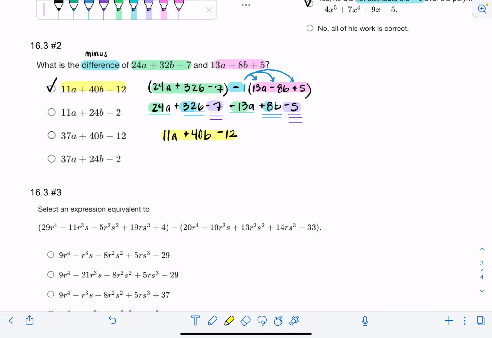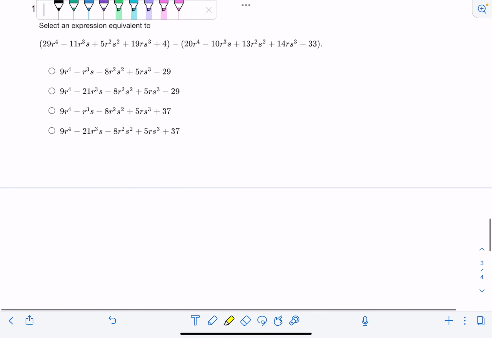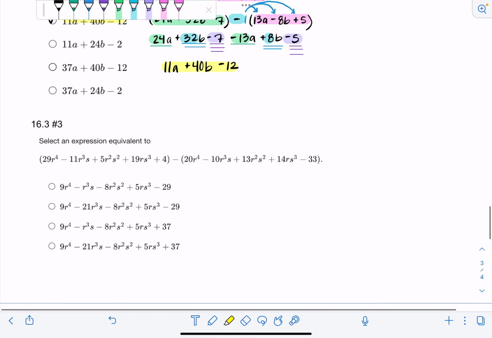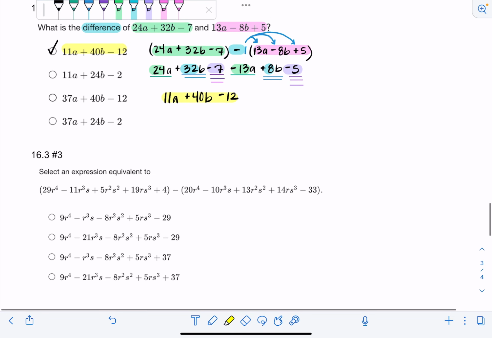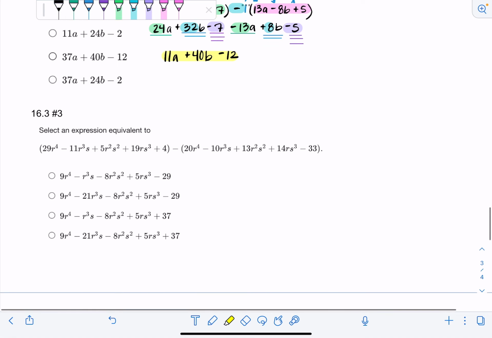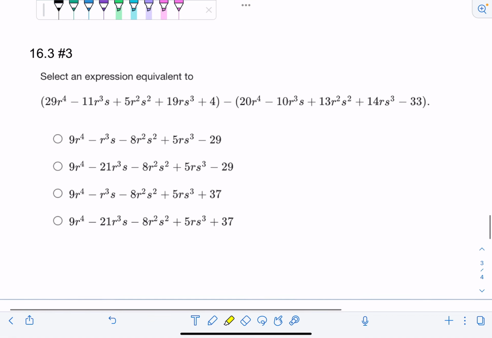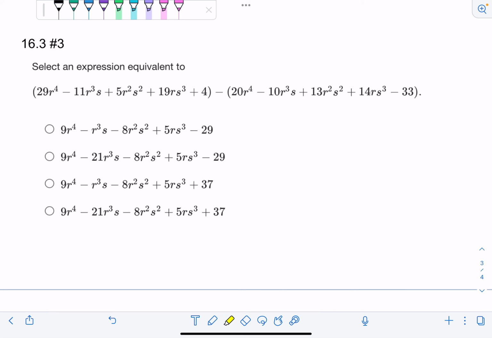Okay, and then 16.3, number 3, I think this is the last one. Yeah, it looks like it. Okay, so another kind of long, obnoxious problem, but the process is the same. Okay, so we're going to do 29r to the 4th minus 11r to the 3rd power s plus 5r